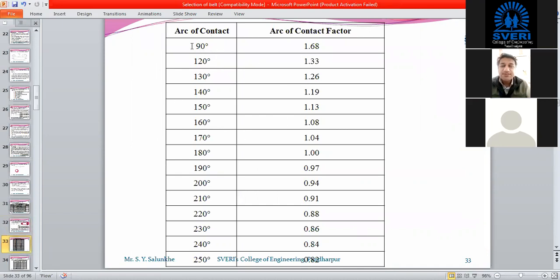Here you can see this 95 degree is not available in this table. So we cannot select 90 degree. We go further to the next value, that is 120 degree, and you can select the arc of contact factor which is